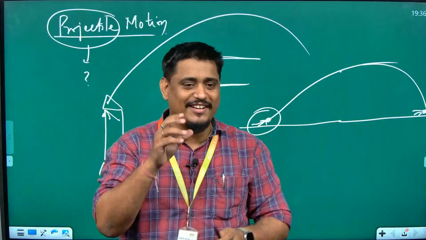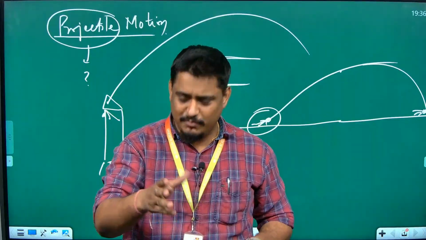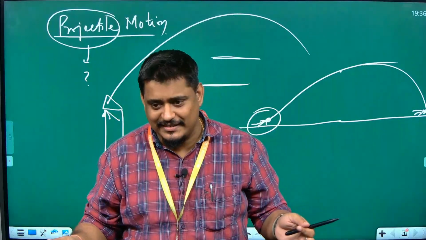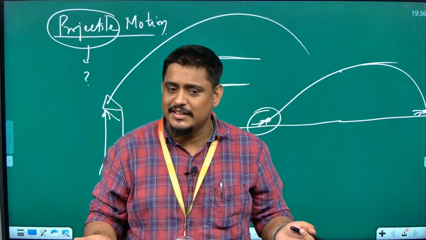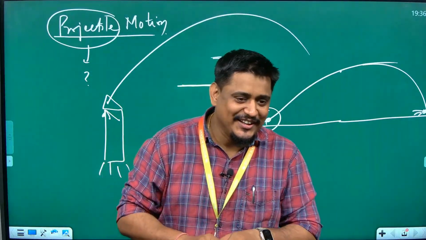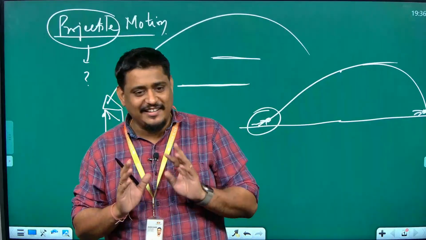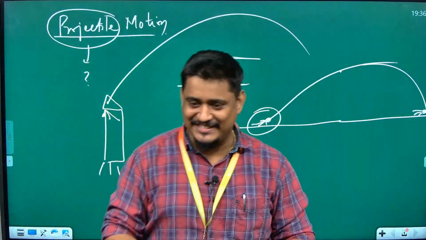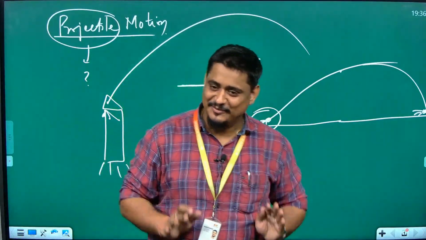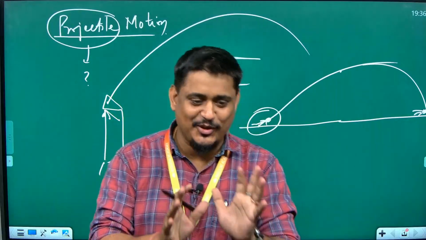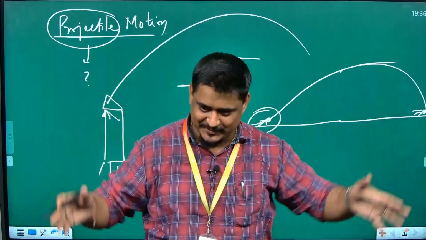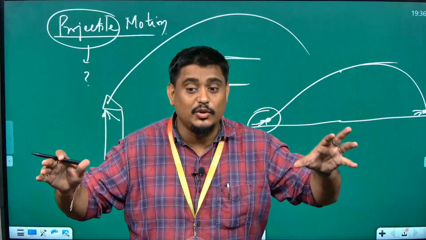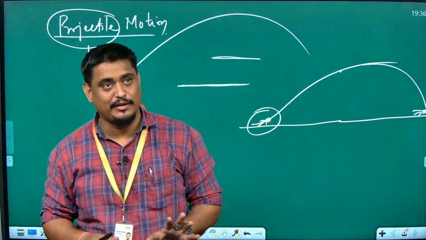So if I throw a dead bird, it is a projectile, because then it will not have its own energy to fly, right? If I throw Lalit Ramana, obviously a projectile, until he tries to make some movement and fly by his energy. Okay, I cannot kill him. So if I am throwing Lalit Ramana or anybody, you are a projectile if you are not using your energy to change some movement during the flight.